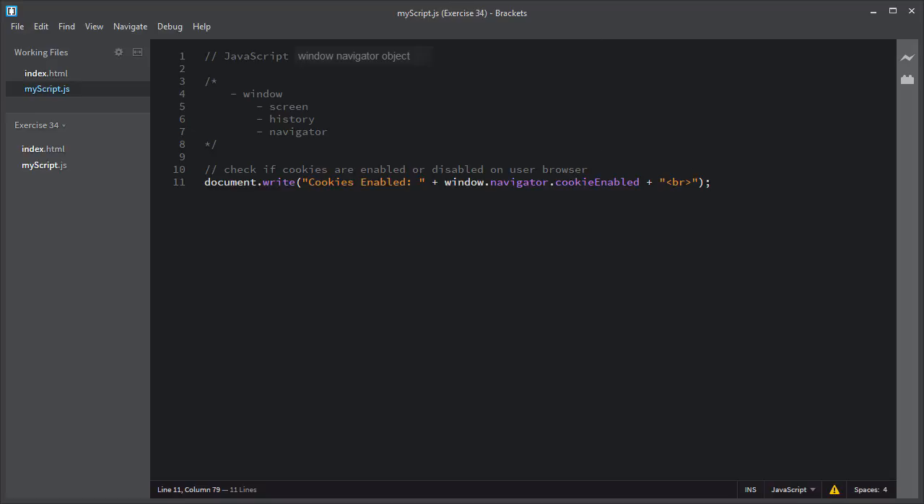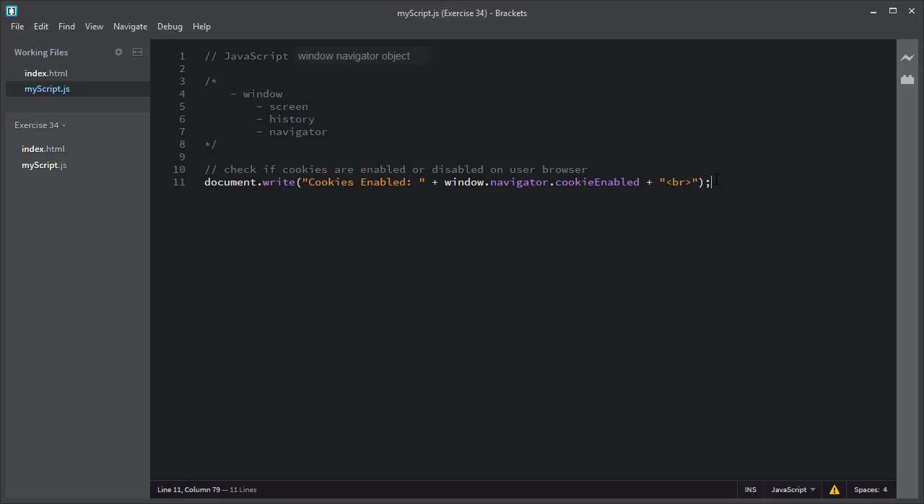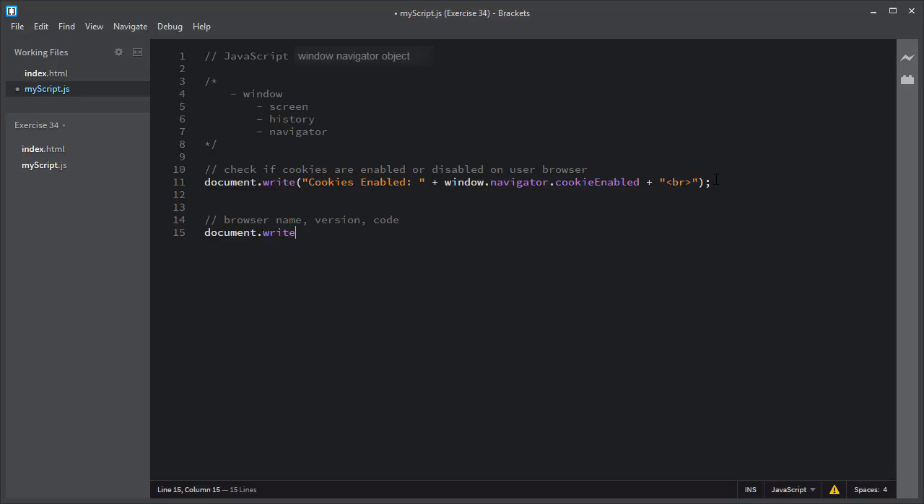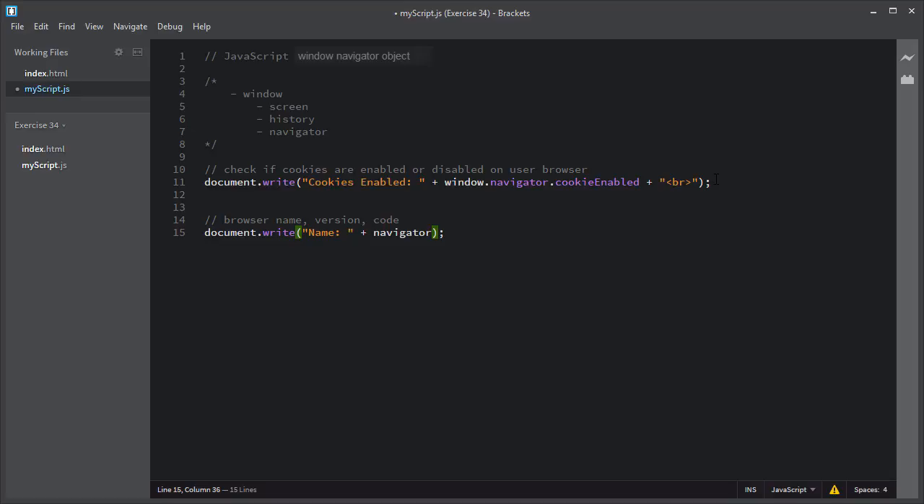You can also get some more specifications about the browser, like the browser name, version, and code name using the Navigator object. I will use the document.write method to display all of these browser specifications. You can also access the Navigator object without the window prefix like this, and this time I will access the appName. This will return the app name of the browser. I will add a line break,